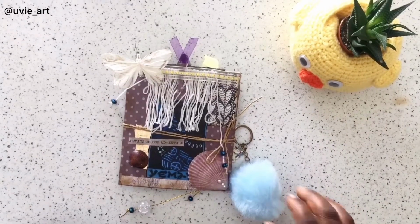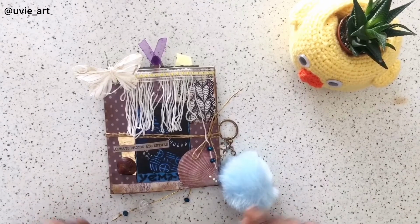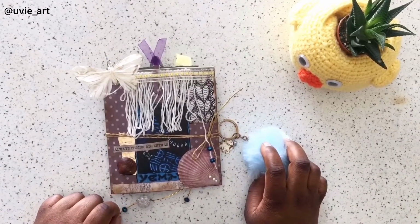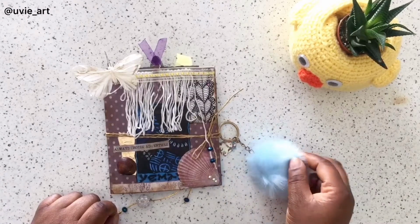Hey everyone, I'm gonna be doing a flip through of this junk journal I made out of envelopes, and stay